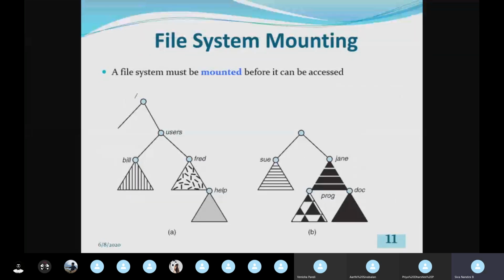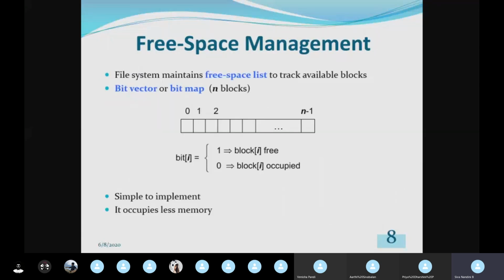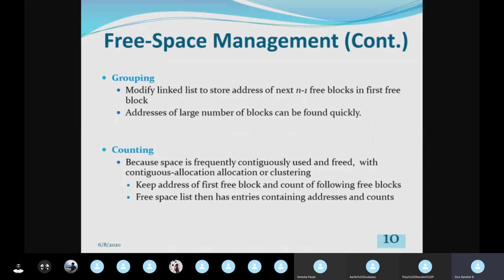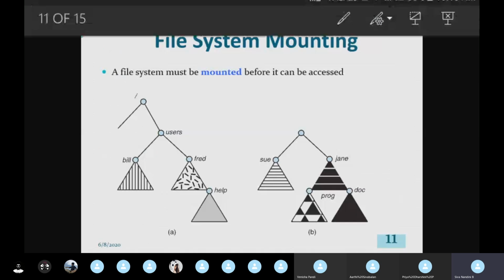Till now we have seen the bit vector or bitmap technique, the linked technique, the grouping technique, and last the counting free space management technique.